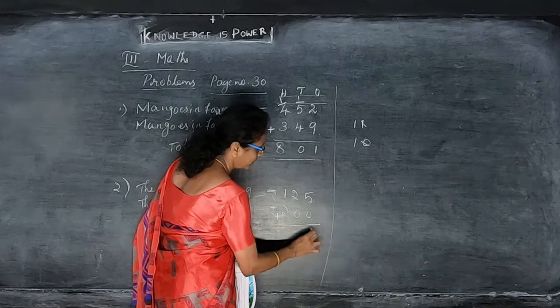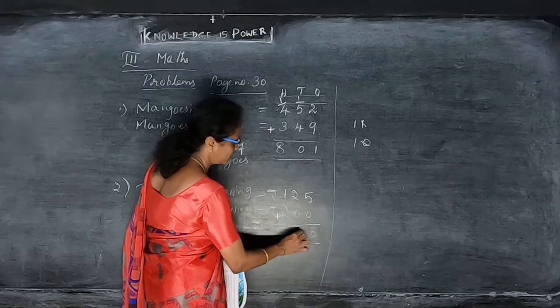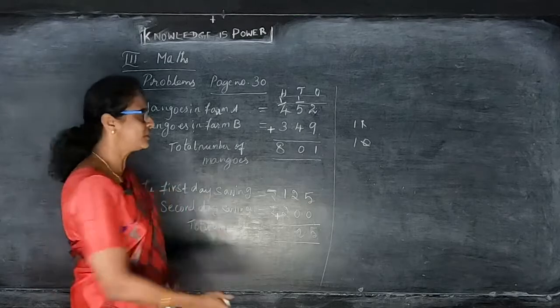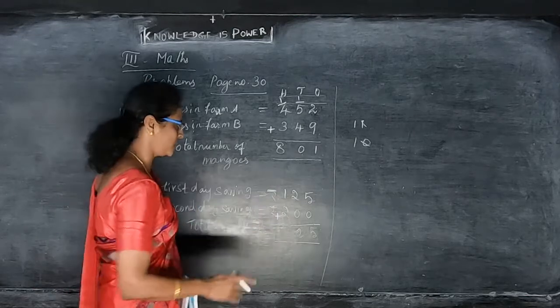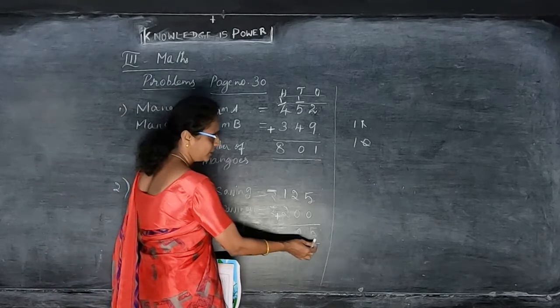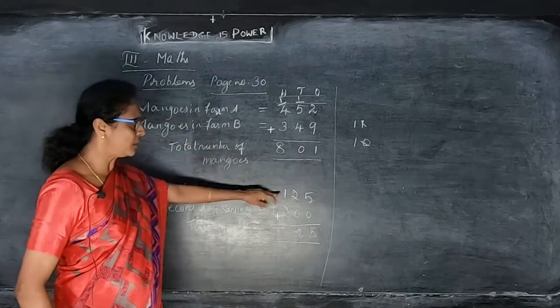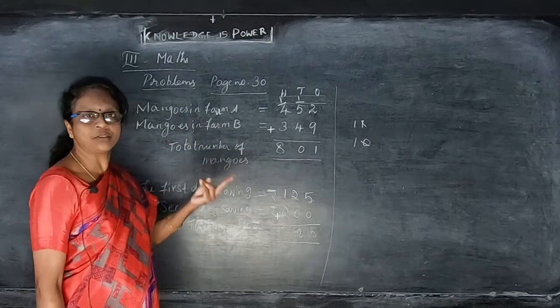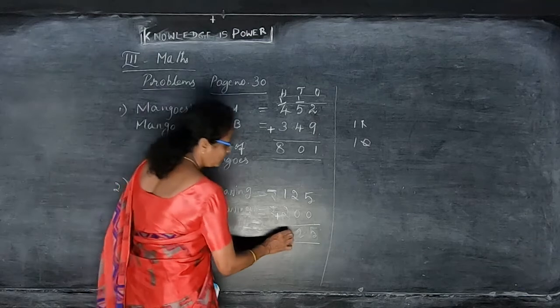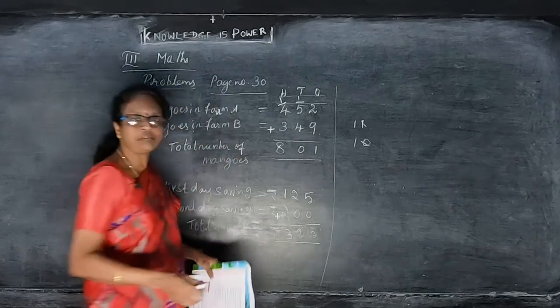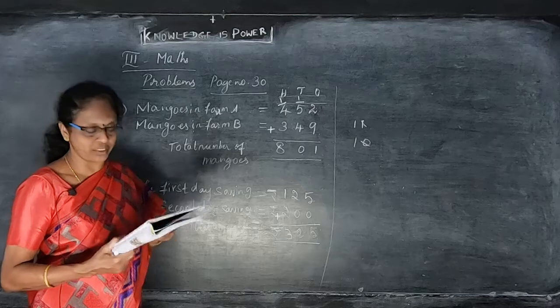5 plus 0, that gives you the 5. And 2 plus 0, that gives you the 2. Whenever you add any number with 0, the same number only has to come. You should not put 0. So 5 plus 0, that gives you 5. 2 plus 0, that gives you 2. And 1 plus 2. So 1 in the mind, 2 in the fingers, that gives you the 2 and 3. So keep out your fingers and do the add. So the answer is rupees 325 is saved for those 2 days.